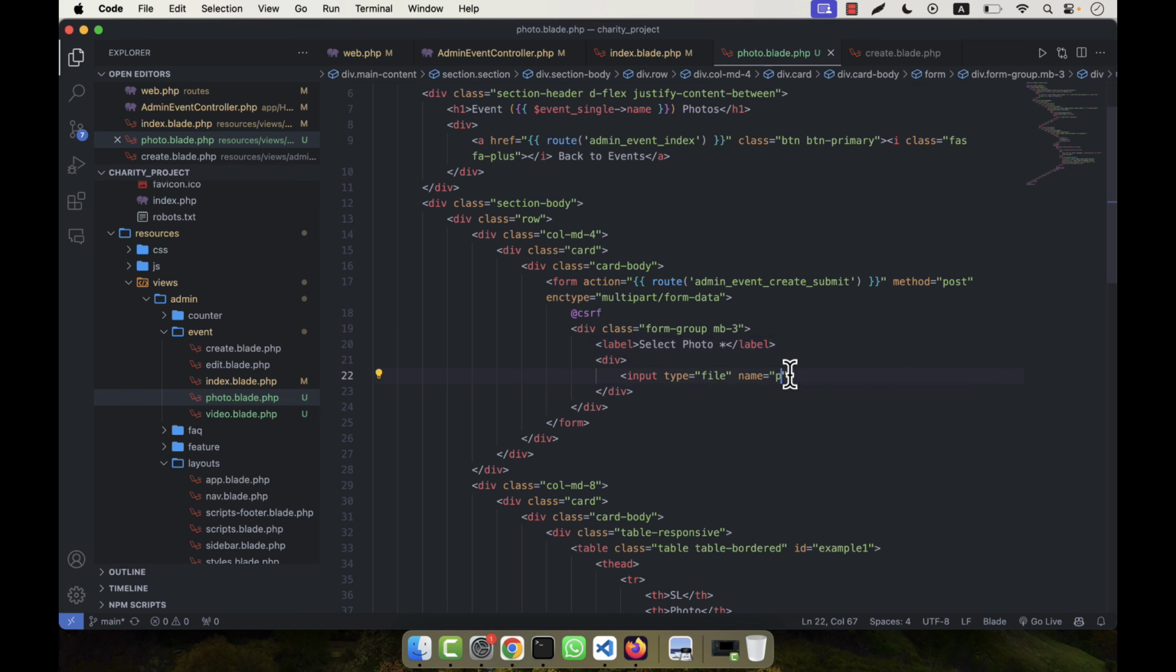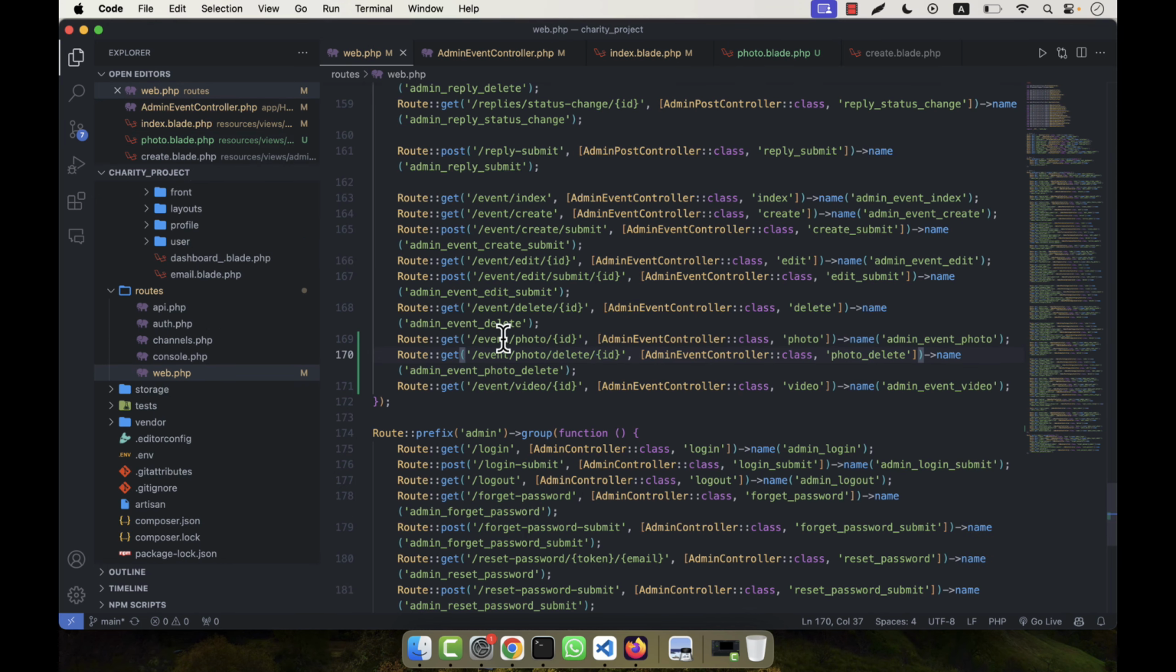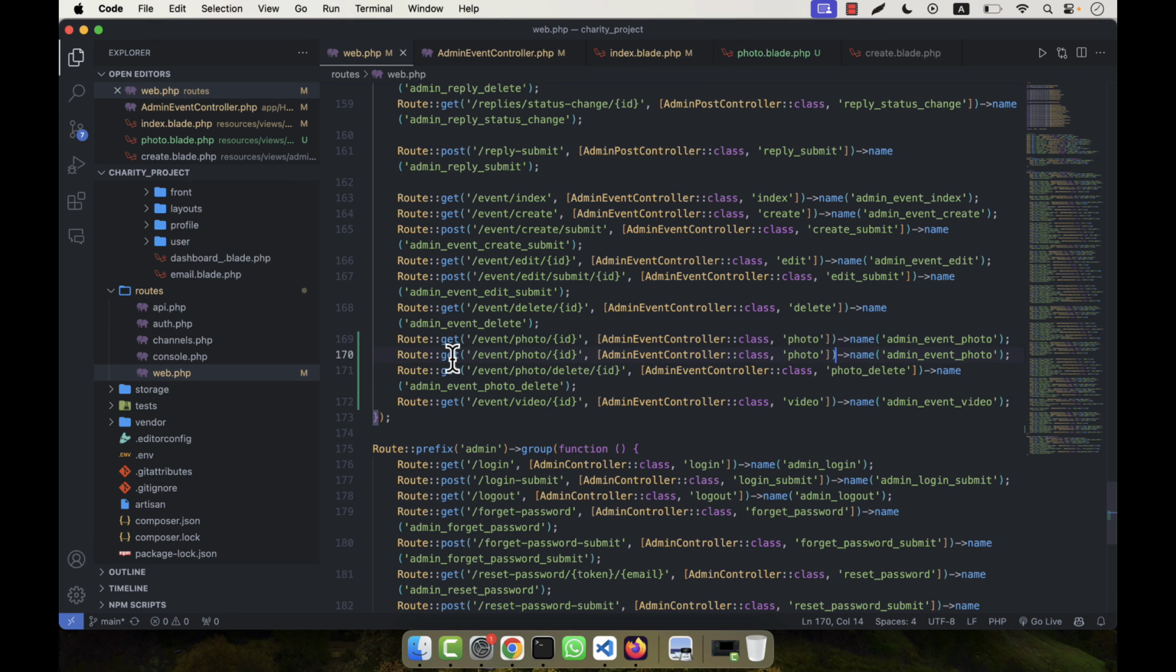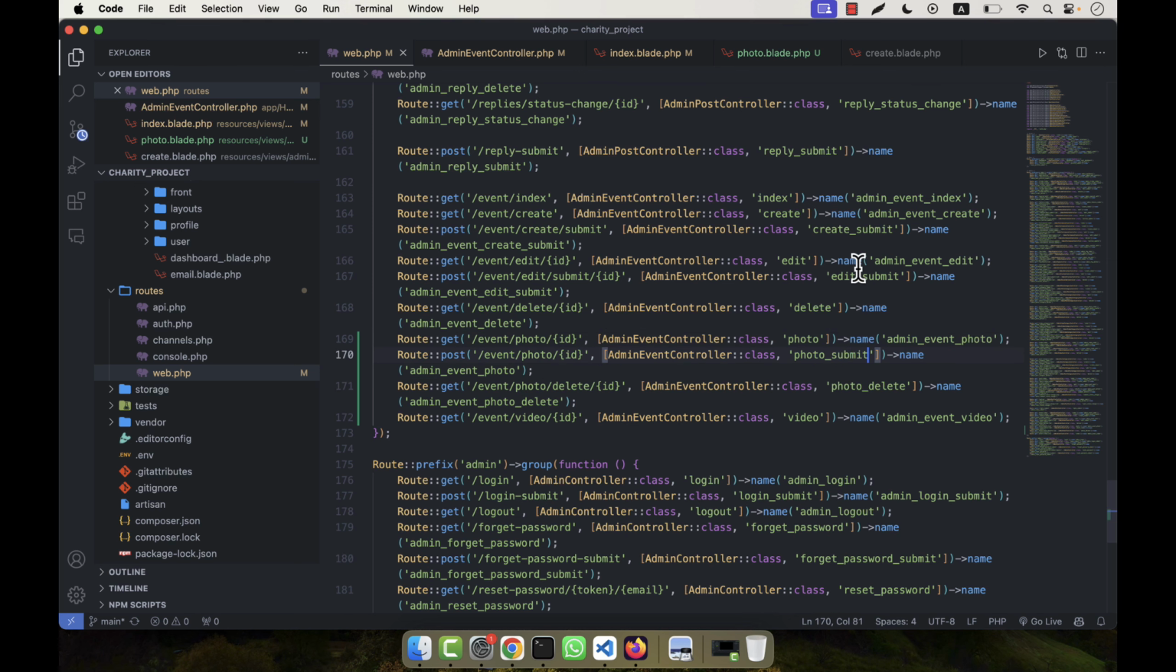Here will be only photo, and it will go to admin event photo submit. Here what is the item? Admin event photo, admin event controller photo. So there is no photo submit. So here I will have to use a post, and here photo submit, event photo submit,